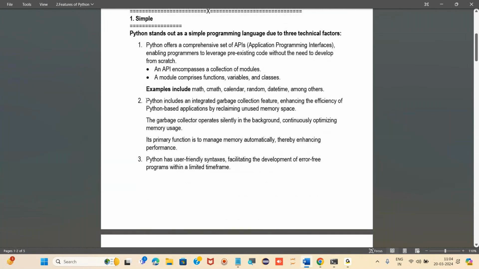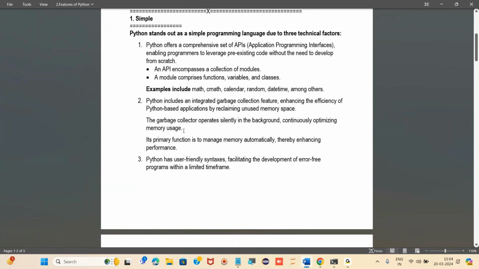Okay, in Python we have lots of modules, right? The second technical factor is that it has an inbuilt garbage collector. It has an inbuilt garbage collector to enhance the efficiency of Python based applications, right? Also, it operates silently in the background and continuously optimizes the memory usage. If any kind of unused memory is there, then it will collect that unused memory.